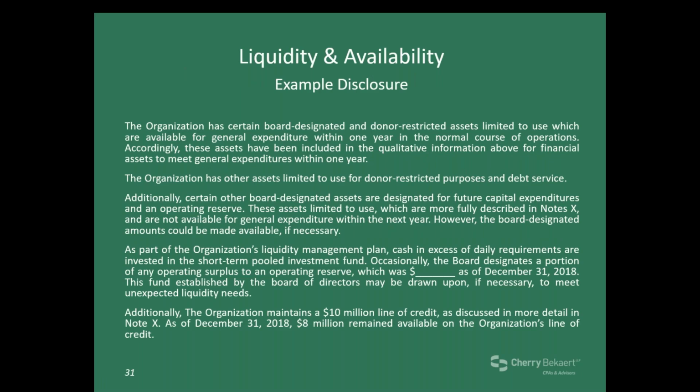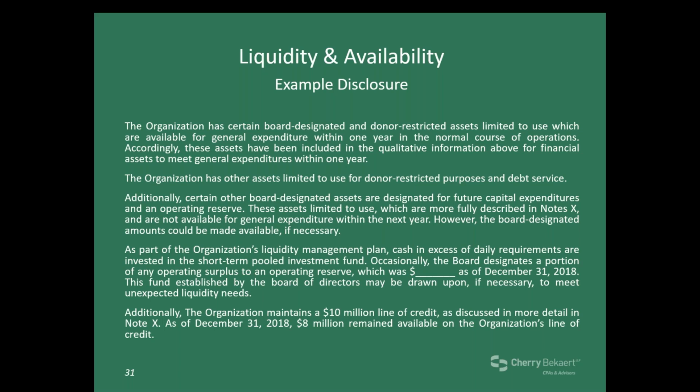And so now we'll go on to a few examples of the qualitative piece. So here is one that discusses liquidity and availability, and I will say that this is pretty detailed and one of the more detailed examples that I've come across. So in this example, it says that the organization has certain board-designated and donor-restricted assets limited to use, which are available for general expenditure within 1 year in the normal course of operations. It goes on to say that the organization has other assets limited to use for donor-restricted purposes and debt service. Additionally, certain other board-designated assets are